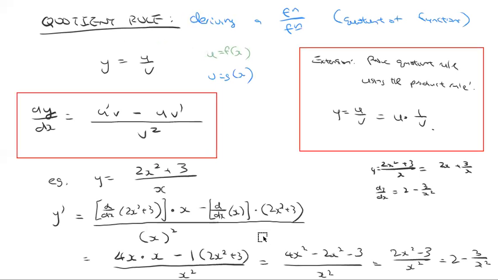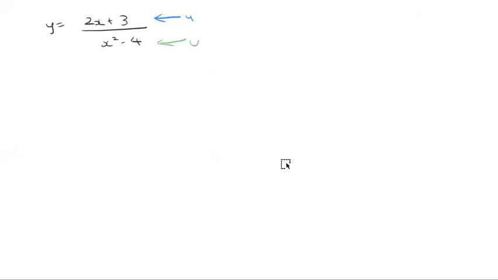So if I've got something like y equals 2x plus 3 over x squared minus 4, something like this, yes, we would use the quotient rule. So if you like, you can write this as u, and you can write this as v, or you can just do it directly, kind of like the way I did here, if you prefer. Up to you. Many students prefer writing them out separately. So if you want to write them out separately, that would be u equals 2x plus 3,